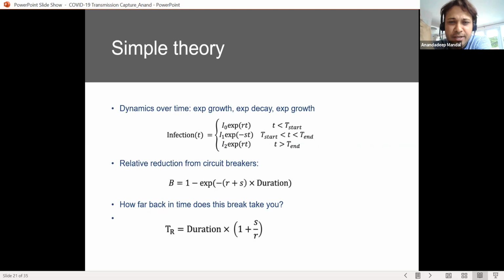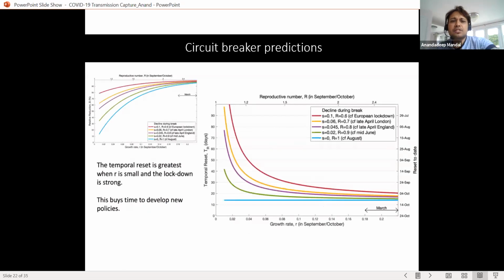There is infection, right? It depends on the duration. You see that the duration is there, so it depends a lot on the duration of what's happening. R is the growth, X is the susceptibility rate. At what rate are you susceptible of getting the disease? So duration is key. So you will see that duration of the lockdown is key. Now see, these are some temporal graphs which we produced, and S is the relative strength, or the susceptibility rate, okay, and R is the propagation rate.